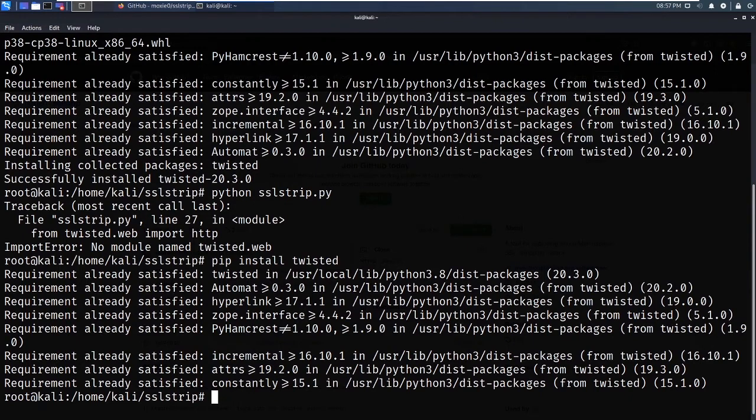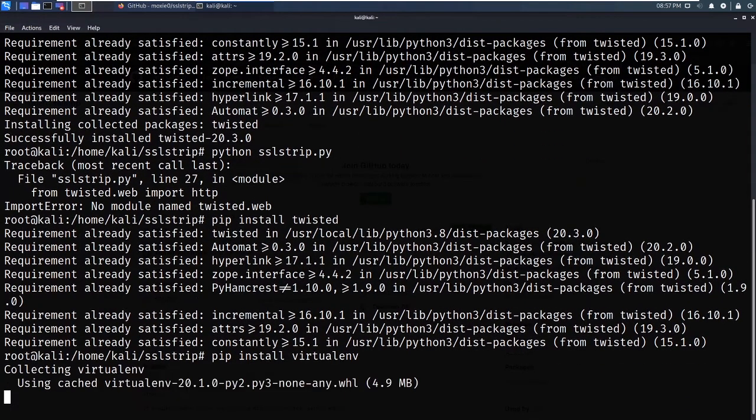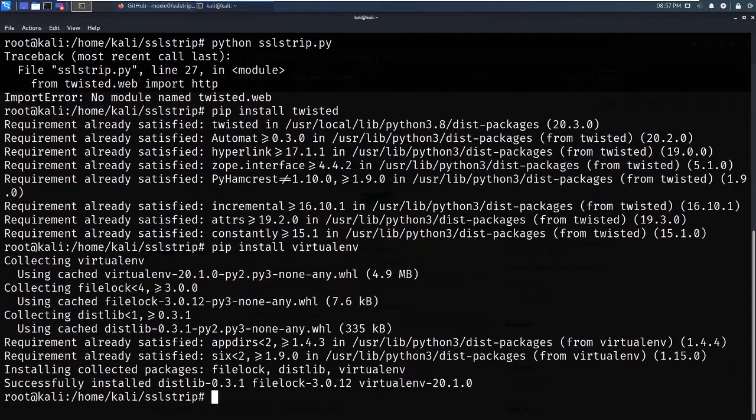So now the next command you have to type is pip install virtualenv and press enter. Once it is installed, copy this address